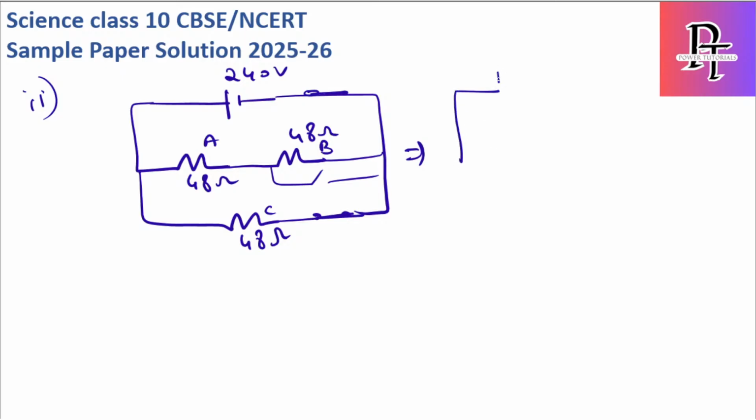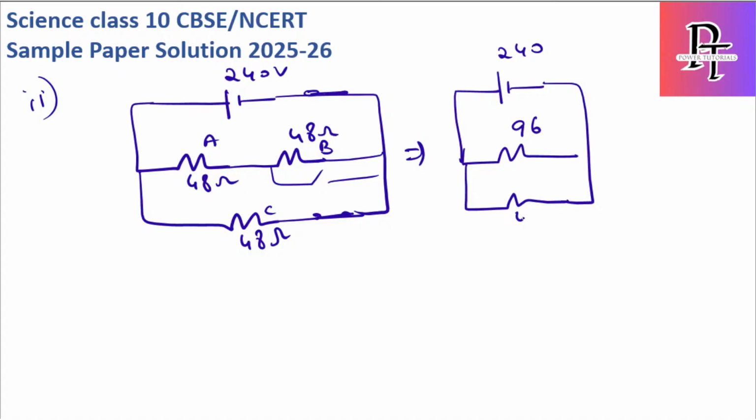Now this becomes 240. What is the series combination of two resistors? You have to just add it. So it is 48 plus 48, which is 96, and the third is 48. Now the voltage is,